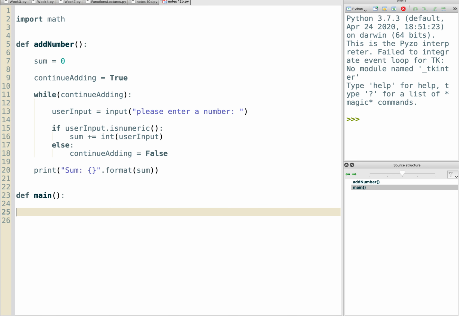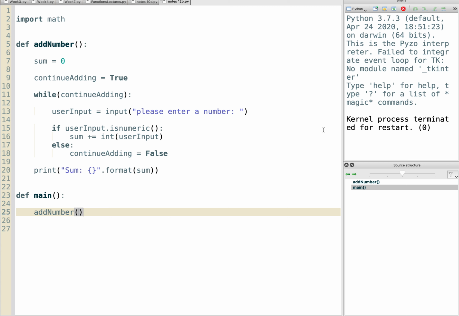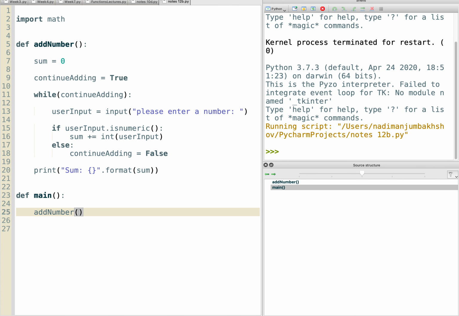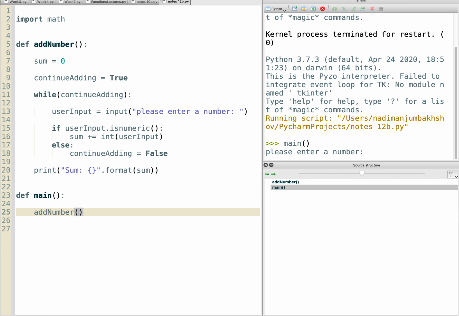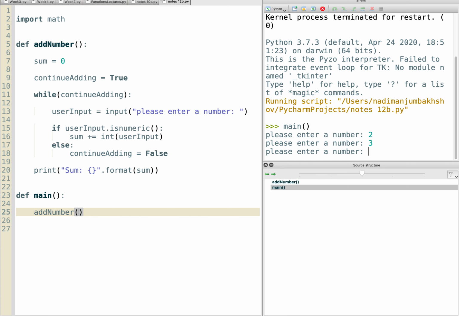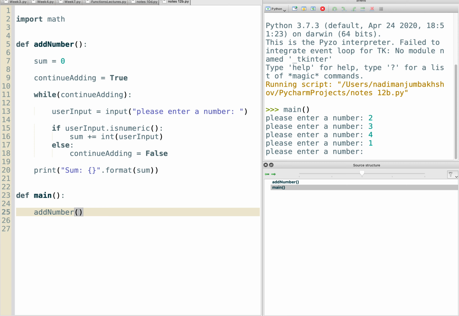So let's place the add numbers function in our main and let's test it. Now this is quite a simple but powerful concept. So let's open that up, let's run main. So I enter 2, happy, 2, so that's 5. Let's enter 4, brings it up to 9. Let's enter 1, should be 10. Now if I enter a letter,